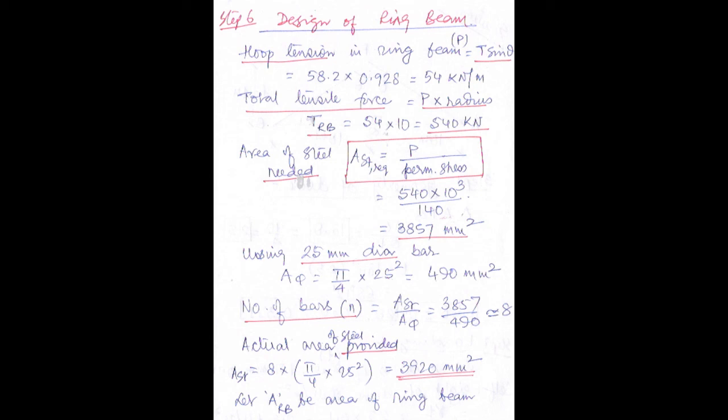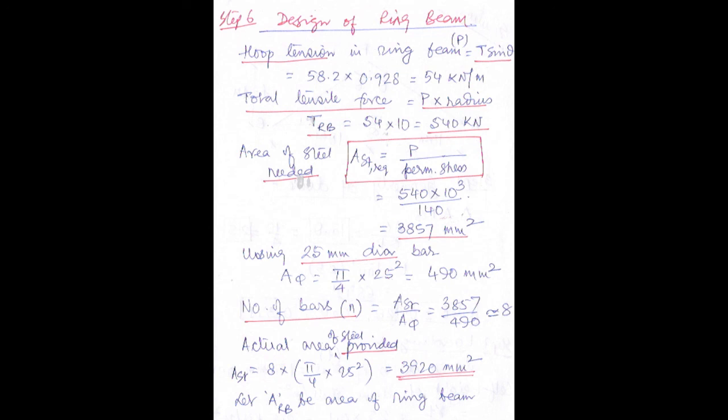So let us assume over here that you are giving a 25 millimeter diameter bar. So the area of one bar is pi by 4 into 25 square. That gives us 490. So if you remember the standard value, the area of one 25 millimeter diameter bar is around 490. From that you can roughly calculate and then decide how many millimeters to take. The total cross sectional area is the requirement, so from that you get an idea.